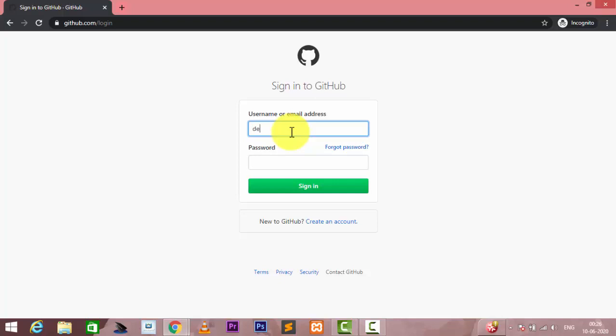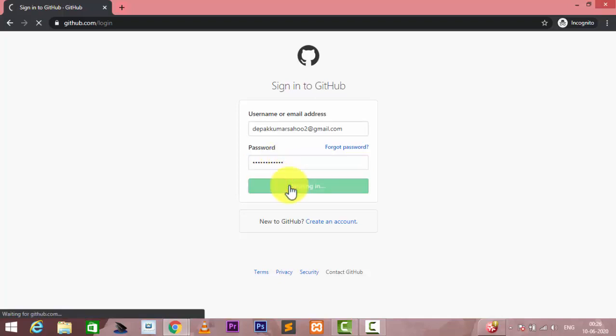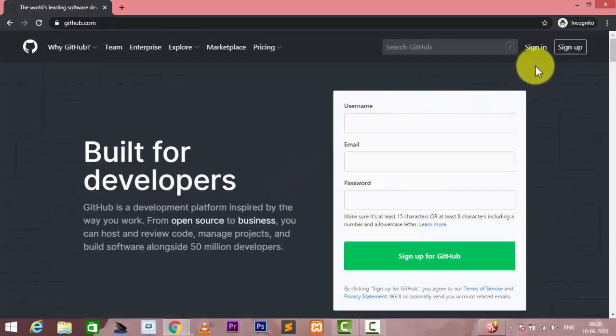This is my email, and after that I input my password.